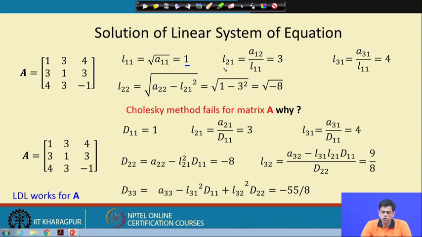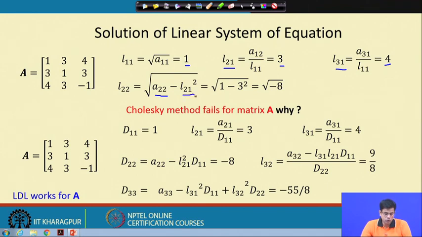Similarly, we can find L21 and L31. That is fine, because as long as L11 is non-zero, this division works fine. Now, when we calculate L22, which we have seen from the Cholesky method,